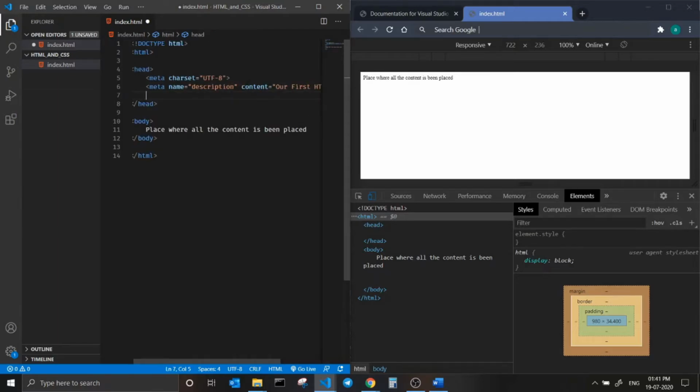So this is giving the information regarding this web page, giving the description of this web page.